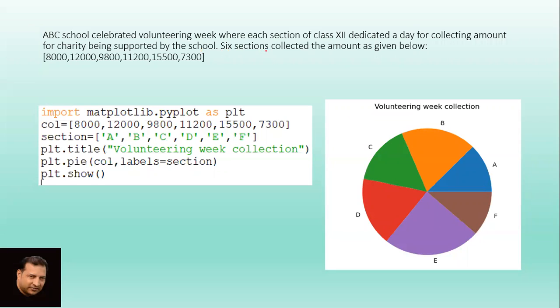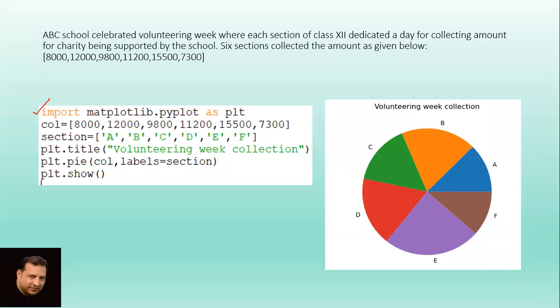There are 6 sections and the amount collected is given below, like 8,000, 12,000, like this. So there are 6 entries, 1, 2, 3, 4, 5, 6. What we have to do, we have to create a chart showing proportions of the amount collected by the 6 sections. So what we have to do, first import